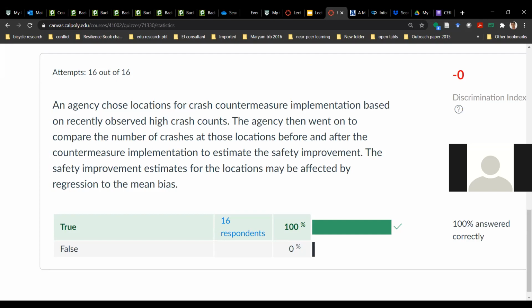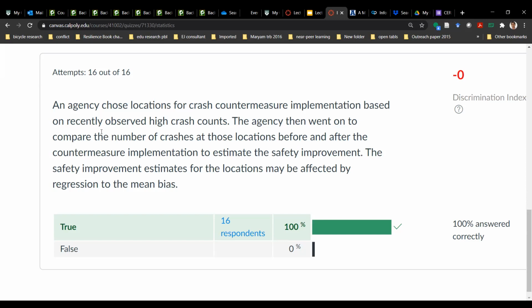Okay, so that's your reason, because the crashes could go down or up. If you start with a low crash location, they could go up. But if you start with a high crash location, the crash numbers would go down, because crashes tend to revert to their long-term average over time. So that makes it difficult for you to assess the impact of your intervention just by doing what we call the naive comparison. So the comparison that I'm describing in this true and false statement that I had for your quiz,